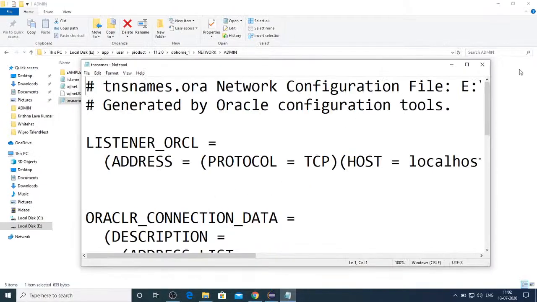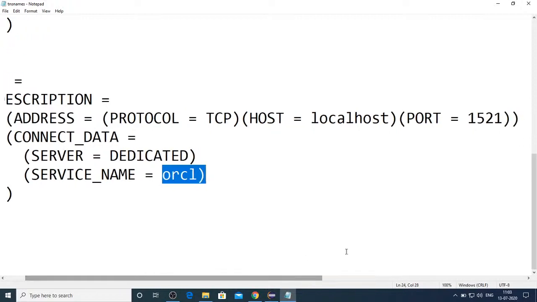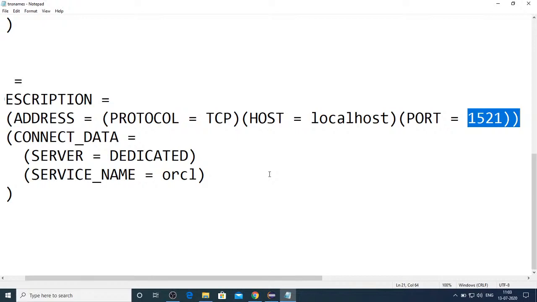So here you can see service name ORCL and port number, here you can see 1521. So I am just showing you where you can find your service name and port number. My particular machine Oracle database service name is ORCL and port number is 1521.